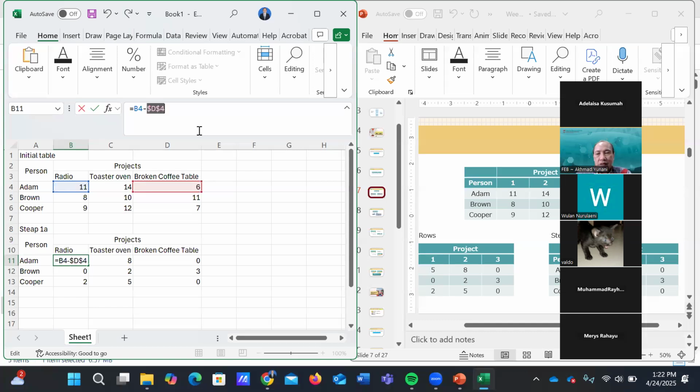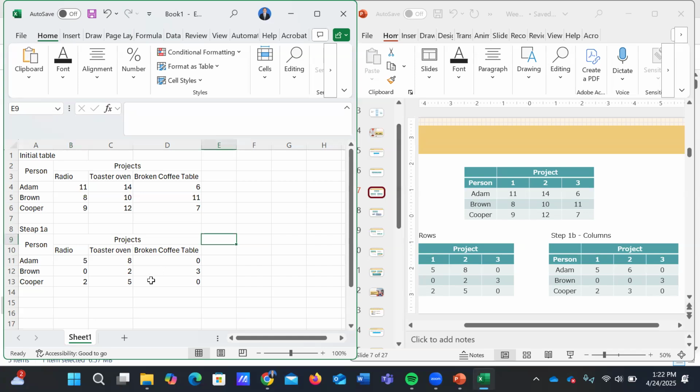So we can put the dollar sign before the column and before the row. Enter. You can also manually put the dollar sign here. Okay, you can get it. Yes, sir, thank you.